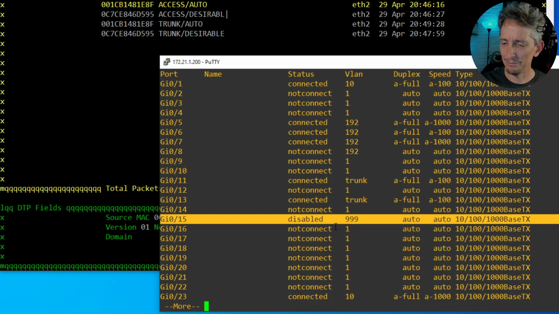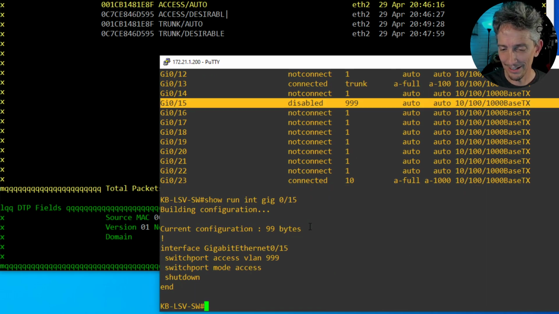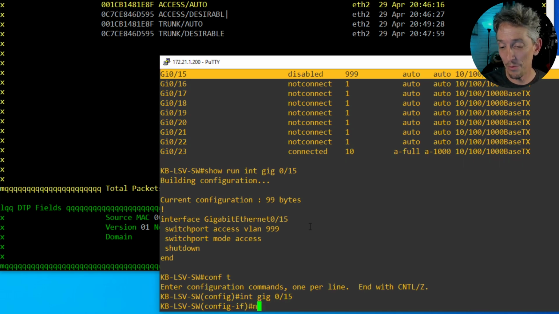Disabled, are we not up? Oh, and it shut down. I was like, why is it shut down? Maybe you left it that way. Maybe I did. All right, interface gig 0/15. Actually, if we're not using that port, I can just leave it shut down. But even if we bring it back up,